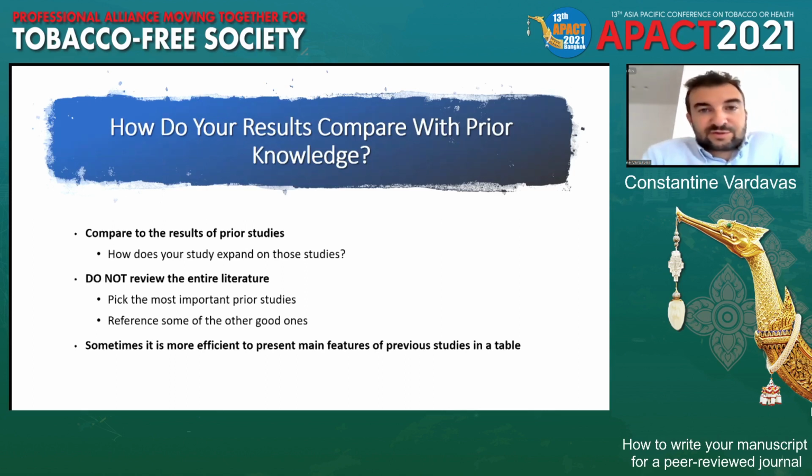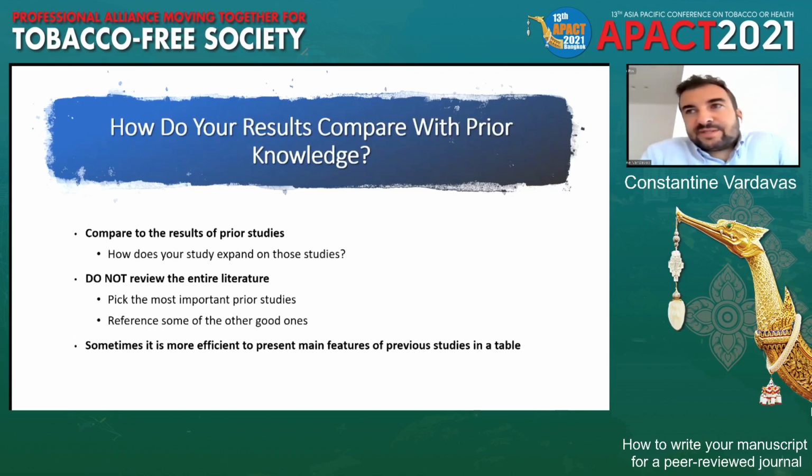It is a 3,000 word document, which is a very short 8 to 10-page document. It doesn't have to be longer. So you don't review the entire literature, you review some of the good ones or some that are directly relevant. So if there's been a previous study done, for instance, in your setting, how do your results compare to a previous study?